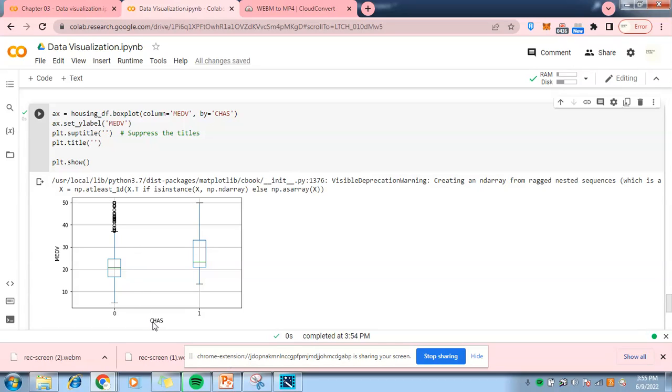I will not go into more detail about box plots, so you can just search about it, what is a box plot. Maybe if you encountered it in your basic statistics, then you know that the box plot shows the median, the 50th percentile, and the 75th and 25th percentiles